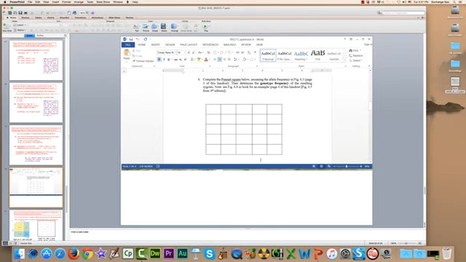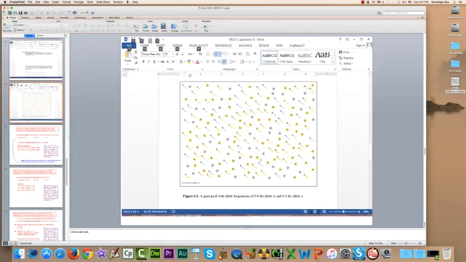All right, let's look at the next part of our worksheet. Complete the Punnett square below, assuming the allele frequency in figure 6.3 of this handout. Then determine the genotype frequency of the resulting zygotes. All right, so what was the allele frequency in figure 6.3 above? It was 0.6 for big A and 0.4 for little a. Let me just flip back there really quick. Yeah, right there. Down at the bottom, you'll see it.